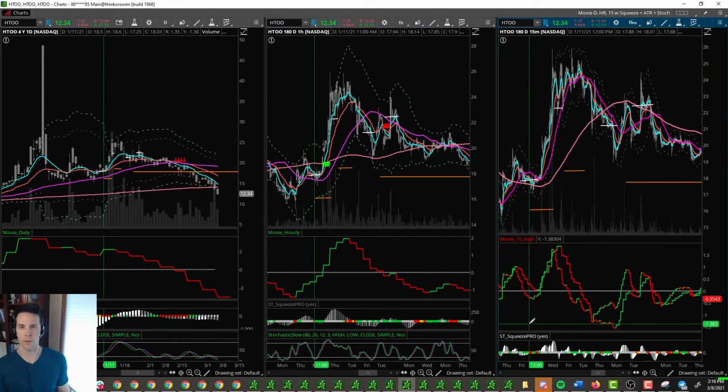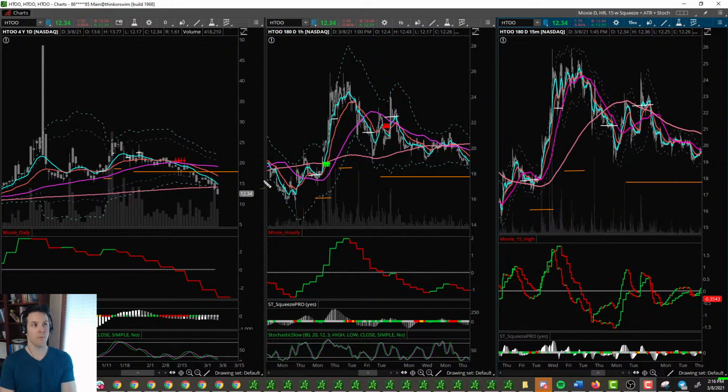I should have seen this. I should have definitely been better about seeing that maybe I was jumping the gun and kept a tighter stop, or just seeing, hey, you know what, this isn't working, let's get out. The first entry was perfect. The first entry was right here. It followed all of my rules, came down, tested the hourly 50, all that kind of stuff. And then right here on the 15, pop, pop, pop. That one was really good.